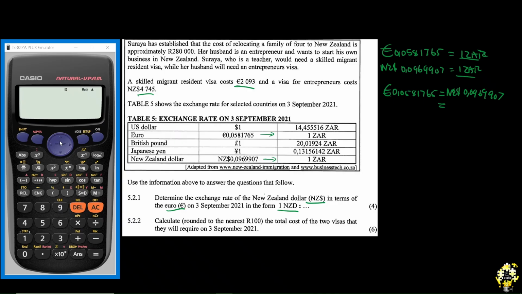So you are going to divide by what they want us to start with. That is the New Zealand. We are going to say 0.0969907. We are going to do the same on the euro, 0.0969907. This will cancel this. We are going to have 1 New Zealand dollar is equals to, let's go to our calculator and say what's